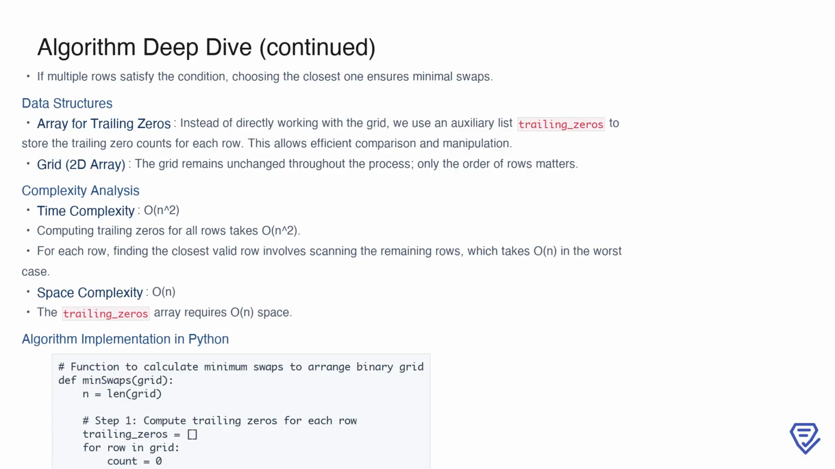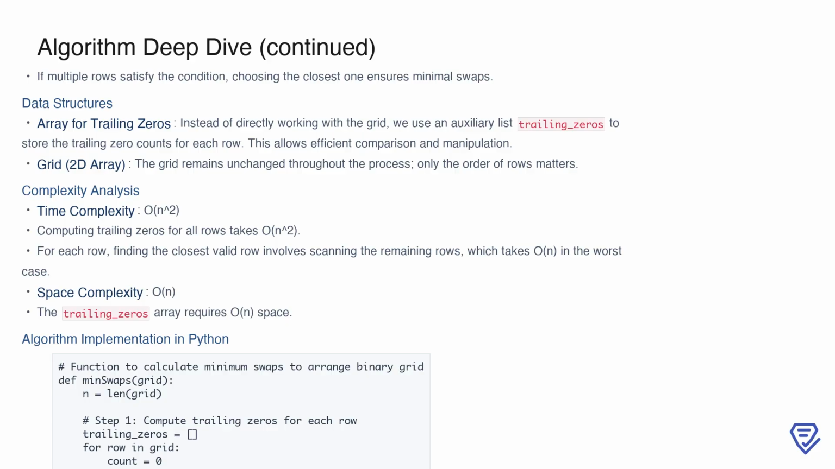In terms of complexity, computing the trailing zeros for all rows takes n² time because we have to traverse each row of the grid. For each row, finding a suitable row to swap involves scanning the remaining rows, which takes n in the worst case. As a result, the overall time complexity of the algorithm is n². The space complexity is n, because we use the trailing_zeros array to store the trailing zero counts for all rows. This is an efficient and straightforward way to solve the problem, leveraging the simplicity of greedy algorithms and auxiliary data